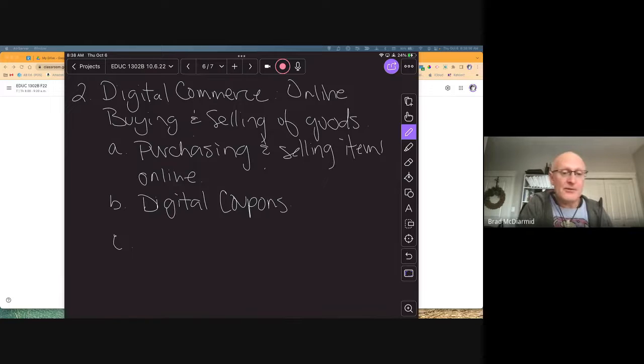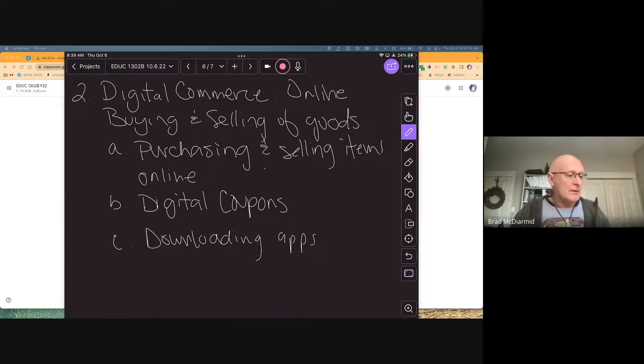And so when we talk about digital commerce, digital coupons is another thing, but letter C here is downloading apps, right? All of you that have got free apps on your phones or whatever devices that you have not paid for, you just got to know that in some way you're paying for that. Whether it's your information or, the big thing now, in-app purchases, right? It's like, oh, you need 150 more gold coins to play the game. Like I said, there's no free lunches.